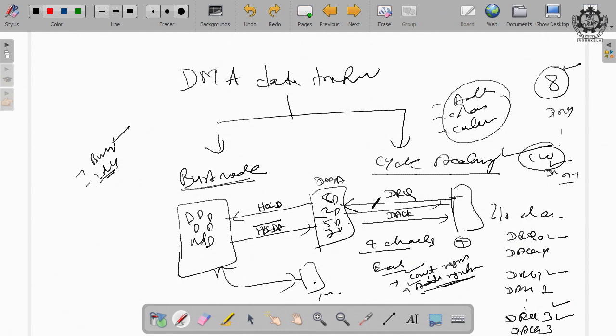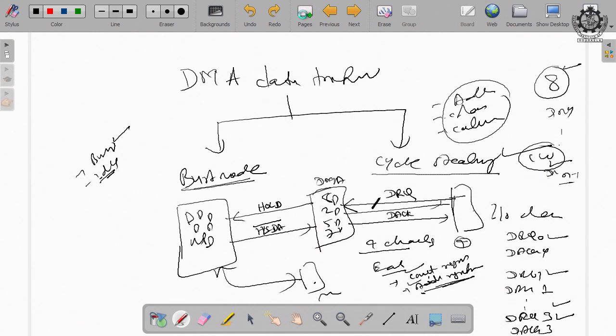Then only can the data transfer be possible. So, all these things need us to know the internal components of 8257 and the different input signals and output signals to 8257.